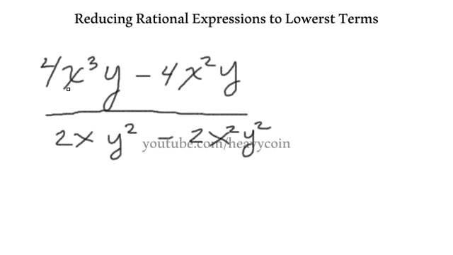So what we want to do is look up here in the numerator. What can we factor out? What's in both this part of the expression and this one over here? It looks like we can pull a 4 out. They both have 4's, and they both have x's, and they both have y's. So we're going to be able to factor out